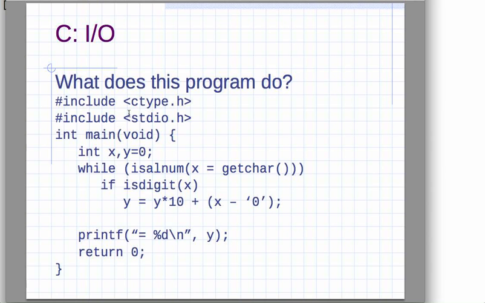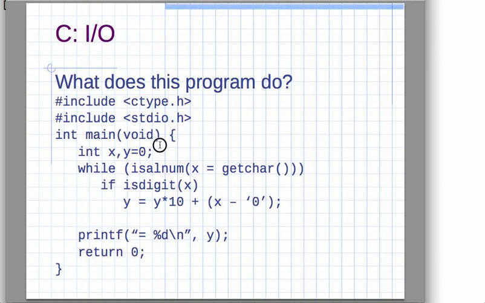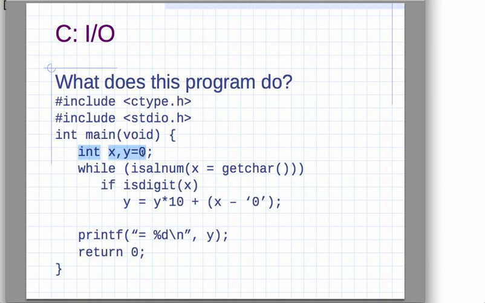In this program, we include the ctype.h file so that we can use these two functions, isalnum and isdigit. We need that #include so that we can use these two functions. And what we do in this main program is, once we set up these variables x and y, initialize y to 0, we have a loop